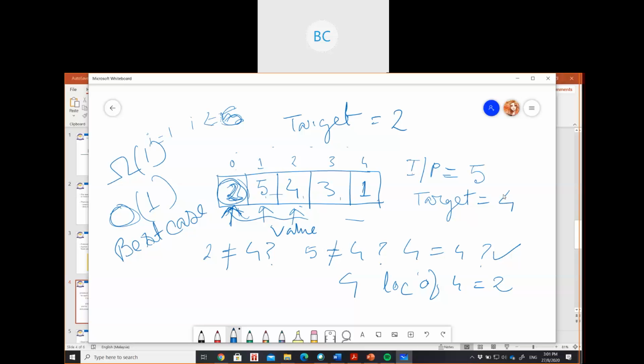Suppose the target is 1. Then you have to go through all these elements. After searching the whole array, in the end you will get the target value 1. So your comparison is n. You are comparing n number of times.